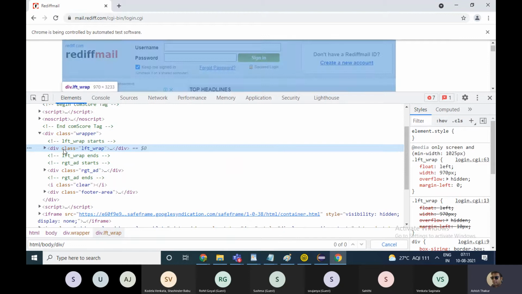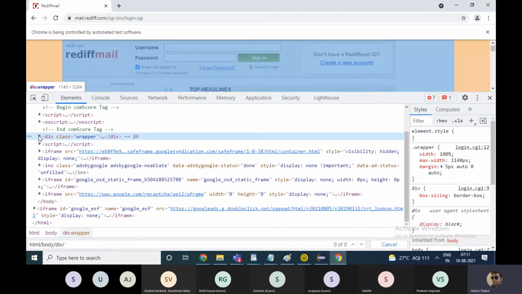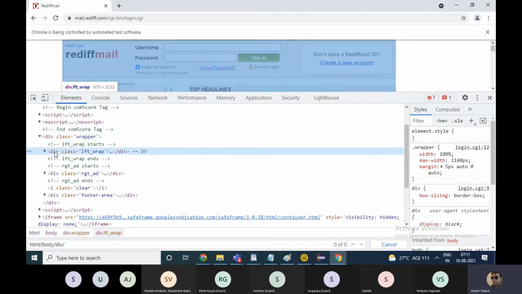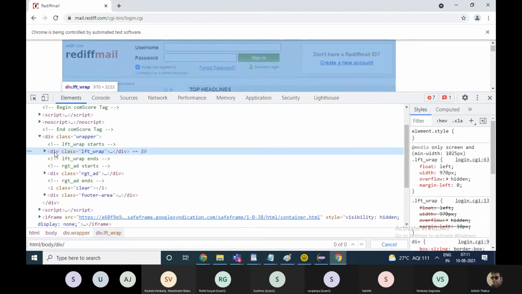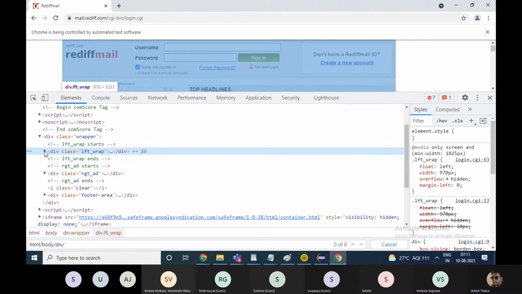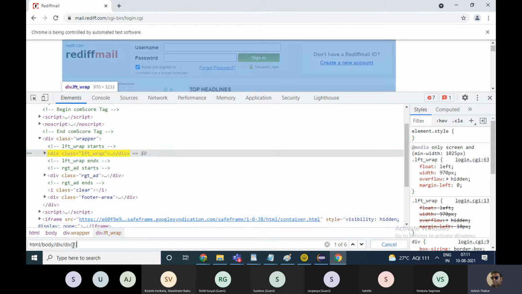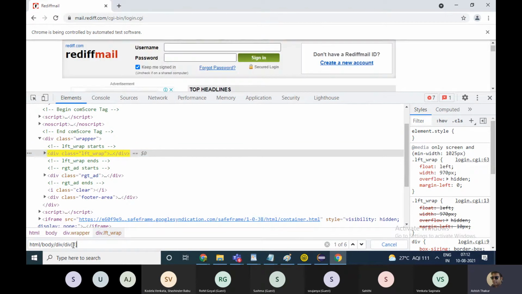All three of them are lying under this division tag. Now you want to go inside the first division tag, so you will write div bracket 1. So div bracket 1 will take it to the first division tag.